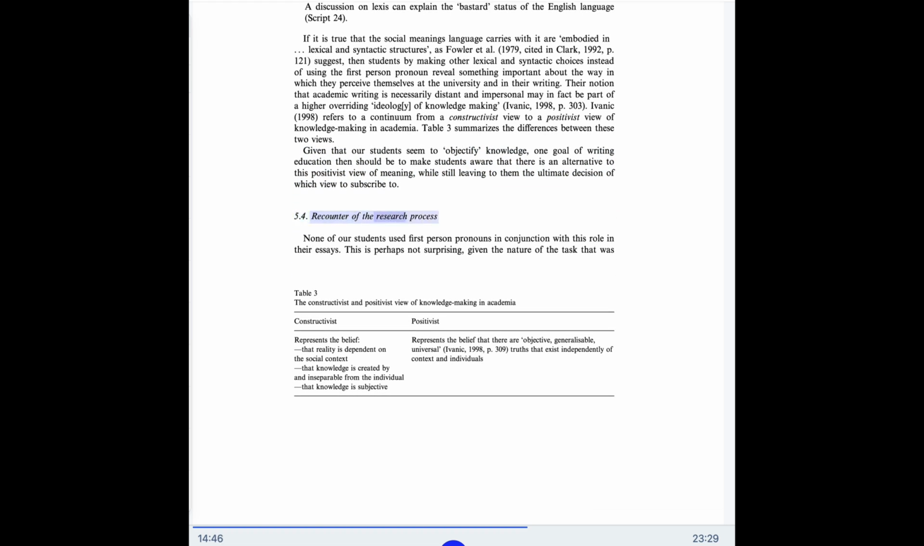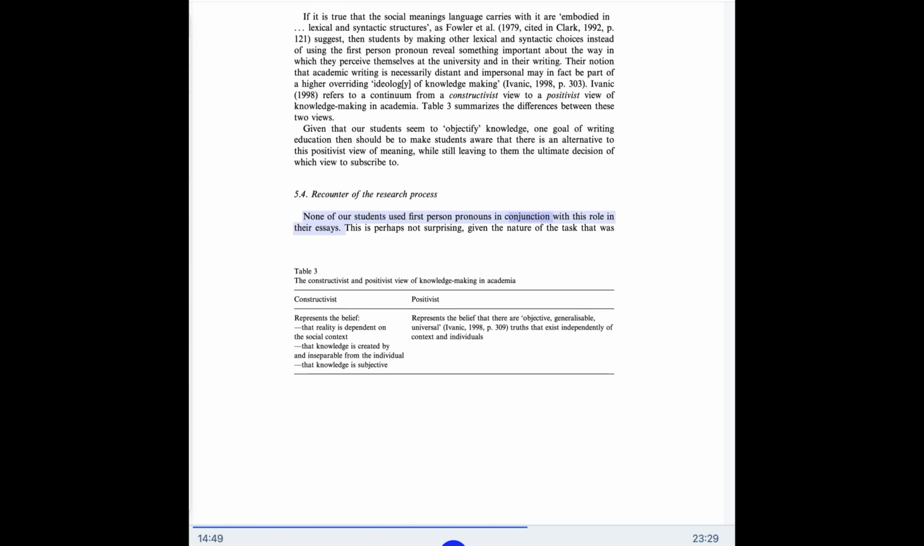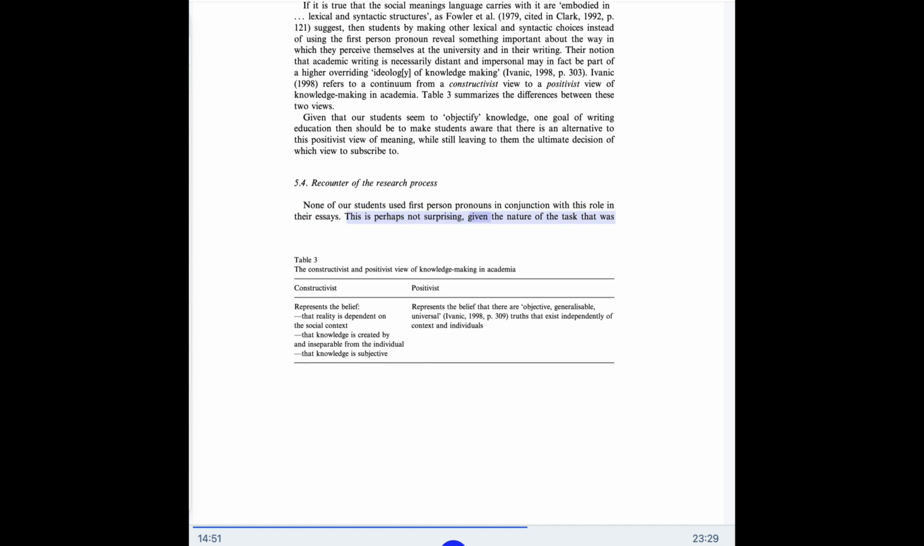5.4. Recounter of the research process. None of our students used first person pronouns in conjunction with this role in their essays. This is perhaps not surprising, given the nature of the task that was